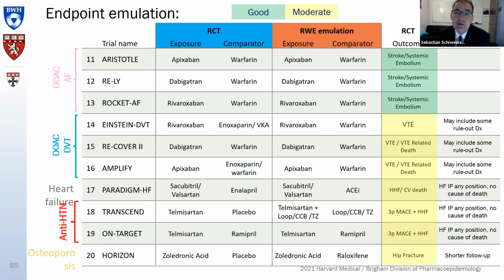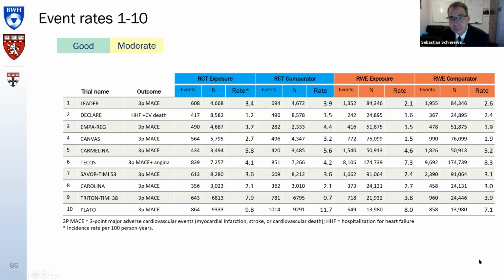the first 3 trials, the DOACs in atrial fibrillation, we felt very comfortable to measure stroke. This is any stroke, that is the hemorrhagic stroke as well as the ischemic stroke lumped together, and systemic emboli. We felt quite comfortable. With regard to the VTE assessment, we're working with diagnostic information. We don't have Doppler exams and things like that, so they could be better. And then, of course, again, we don't have cardiovascular specific deaths. With regard to the hip fracture, and the very last one, we measure hip fractures quite well, but we were concerned that we have a shorter follow-up because of the adherence in real life.